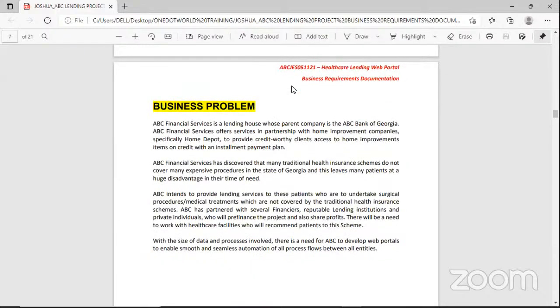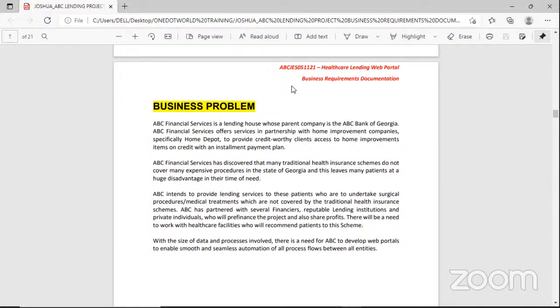So what exactly is the business problem that brought about the need for this product? ABC Financial Services, represented by my client, Mr. Anabwatin, contacted me and made me aware that as a lending house, whose parent company is ABC Bank of Georgia, they have been in partnership with home improvement companies such as Home Depot, where they give credit to creditworthy clients to purchase items at Home Depot and then give them an installment payment plan that they can use to pay.